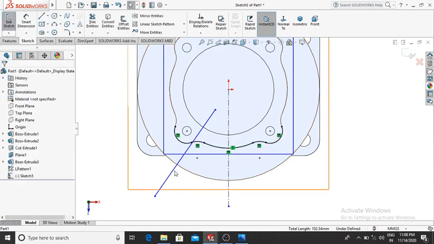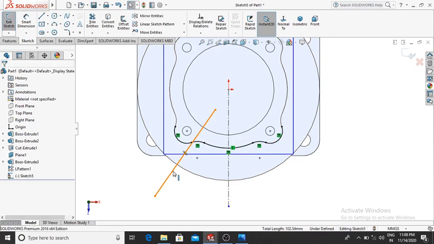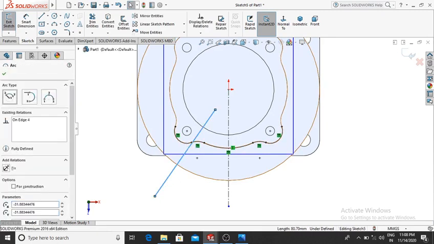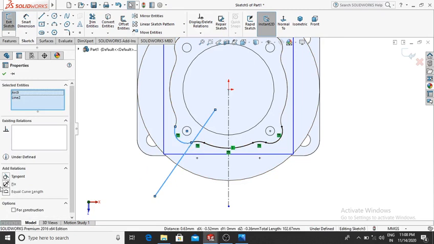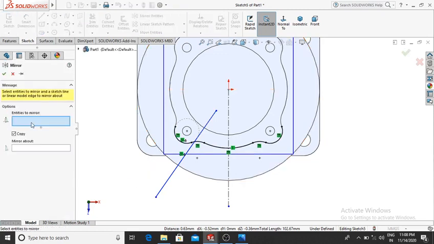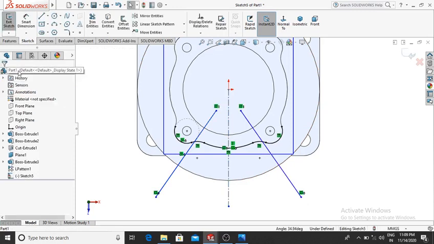Here we select this line, press with shift key and select this circular profile and make the condition tangent, then OK. And here we apply the mirror, so select mirror and select this line, mirror about this center line, then OK.